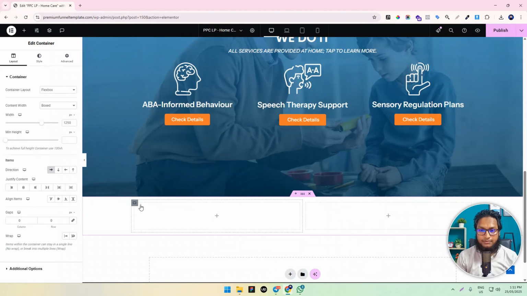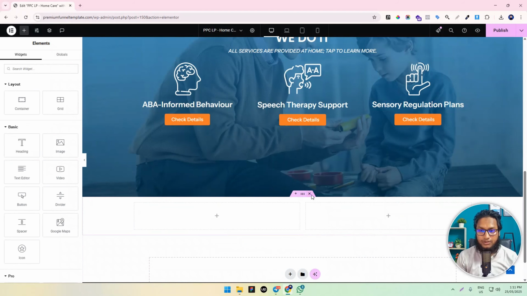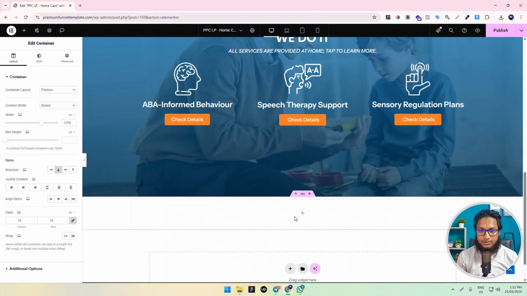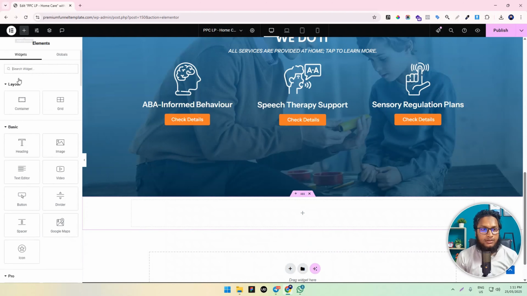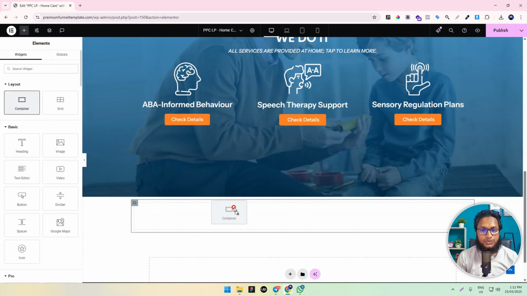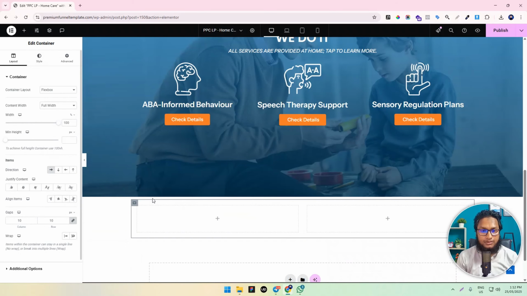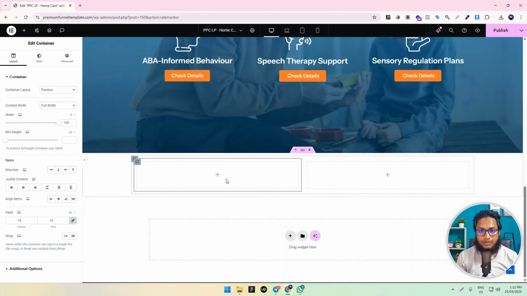At the bottom, let's add 2 columns. Okay, let's drag a one column section first, and then we can add another column. On this column we can use another 2 columns and make it horizontal. On the left and right column, you see there are 2 columns. On this column we can use an image on the left side and text on the right side, and after that we